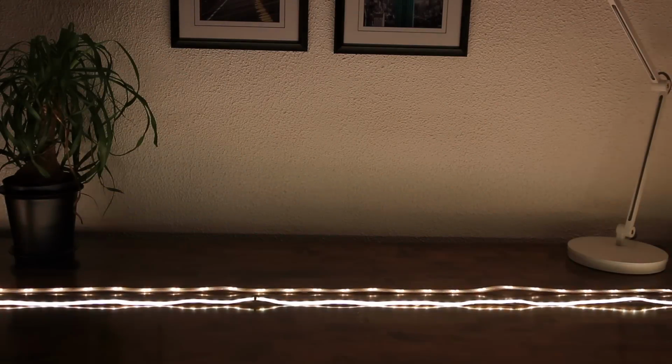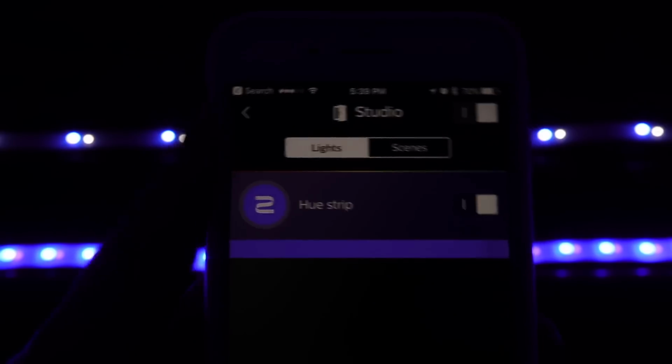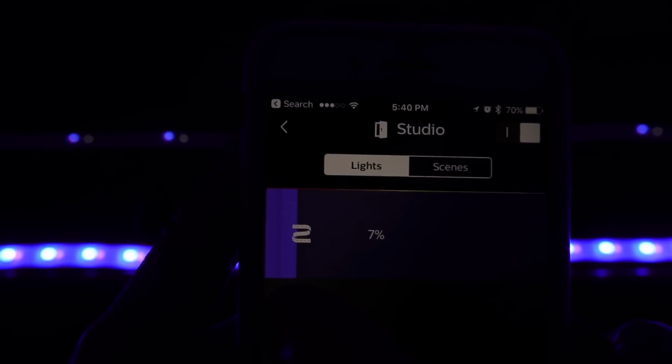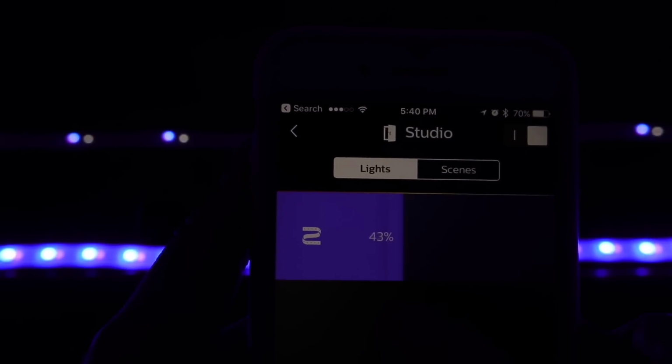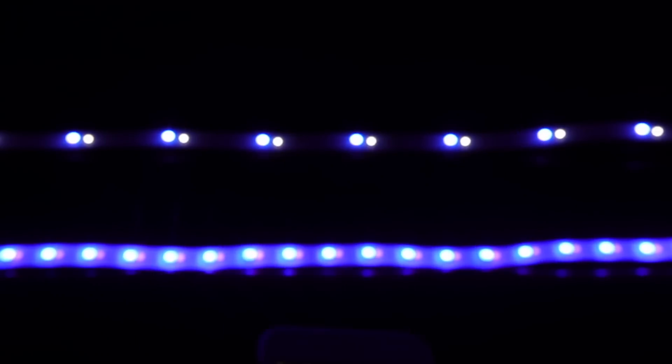But here, if we do the same exact test with the whites, you can see that doesn't really make any difference. The LIFX is much brighter, and the daylight colors are much bluer in tone as well. Here we are looking at the Hue app, and I have the color set, and there is one slider here that you can change the brightness intensity, and that's the only real control you have other than setting the color